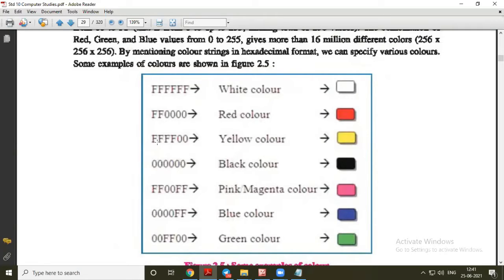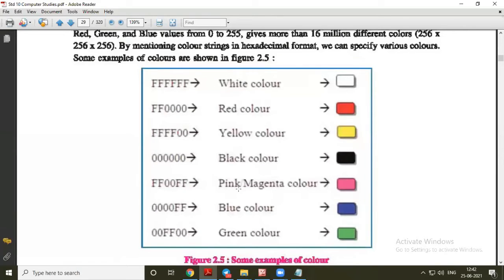Now this is red and green. At two places, in two groups, we are using FF, and blue is 0 here, so it will generate yellow color. To create this shade, we are using red and blue.